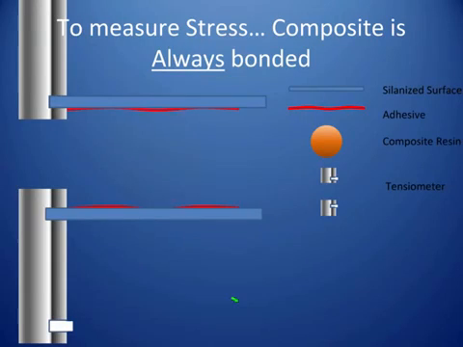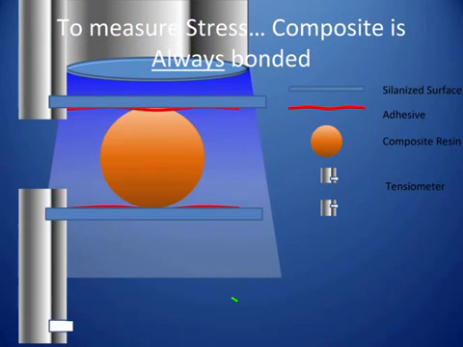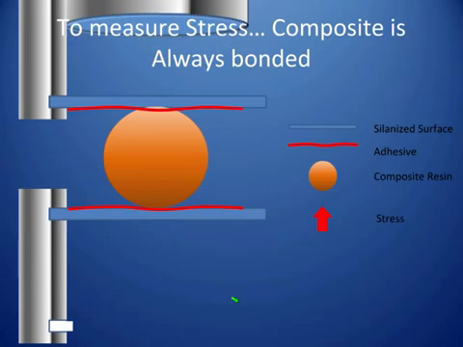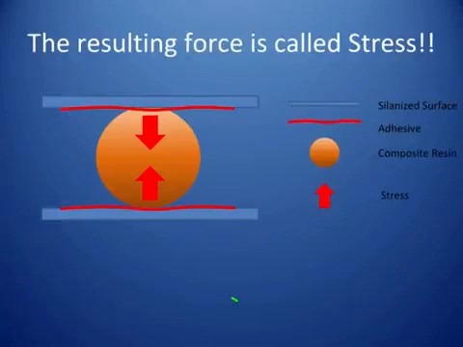The same idea, we're taking a pre-measured volume and applying a light source to it. As that light source is applied, the cured composite will begin to constrict. That will put some force on our tensometer, and we'll get a resulting measurement of stress. This is a considerably more relevant number than volumetric shrinkage, and materials of equal volumetric shrinkage can impart significantly different stresses to the tooth. And that is an important thing we have to consider, especially when we look at unexplained